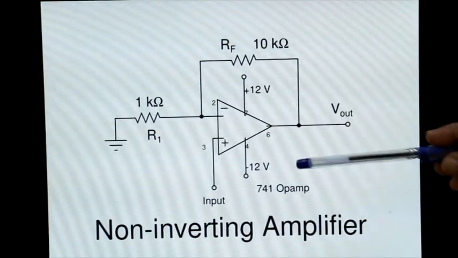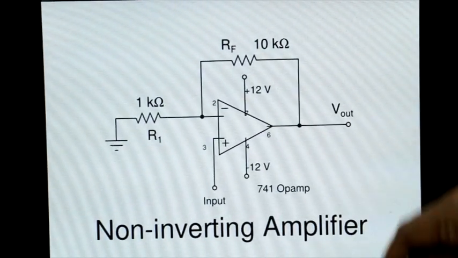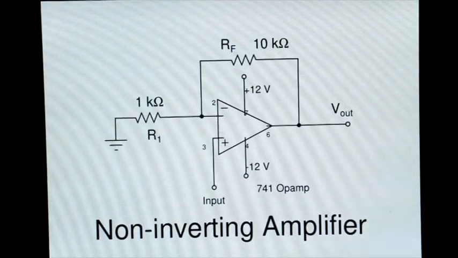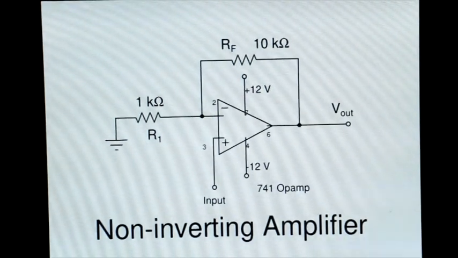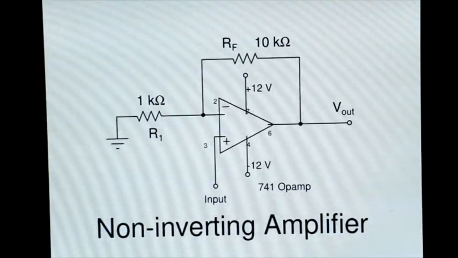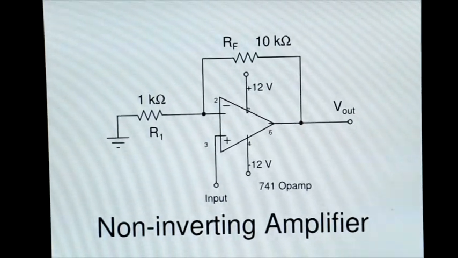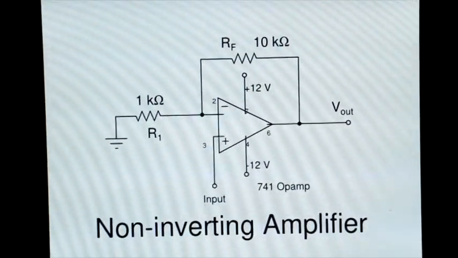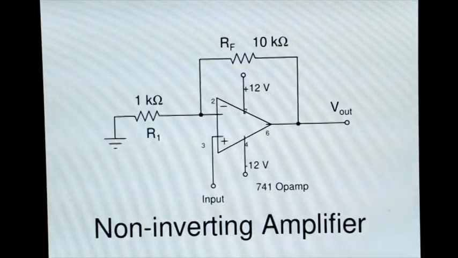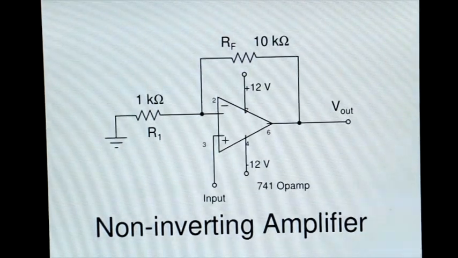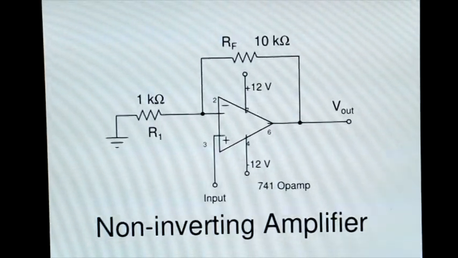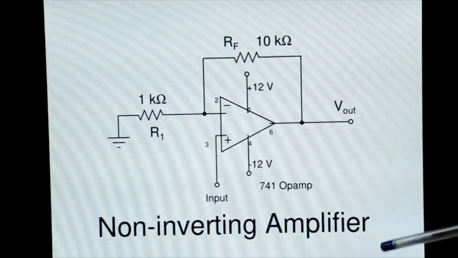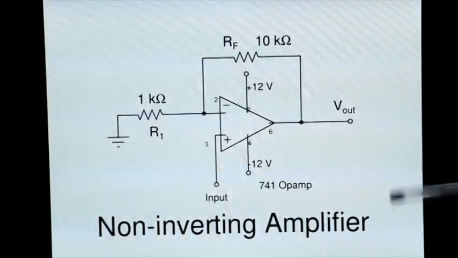Here, therefore, the current drawn from the source you can always neglect, because the current flowing will be much less than a nanoamp. So therefore, whenever you have an application where the output of the sensor or the source is very low and you need to ensure that hardly any current is drawn from the source, then the non-inverting amplifier is the solution.